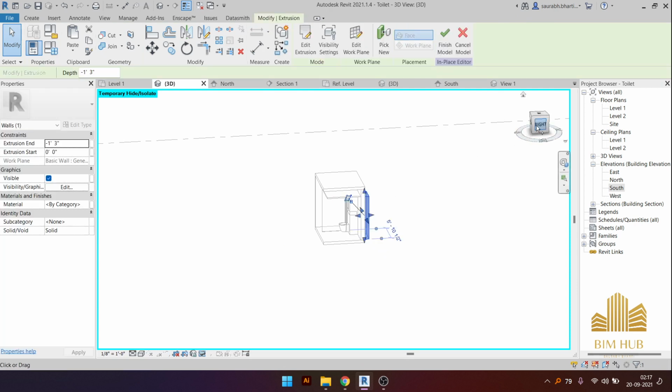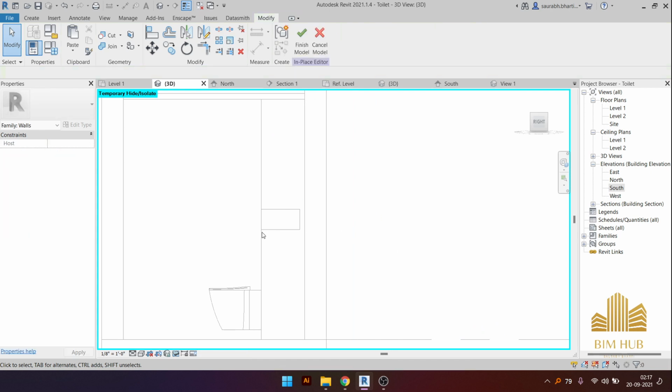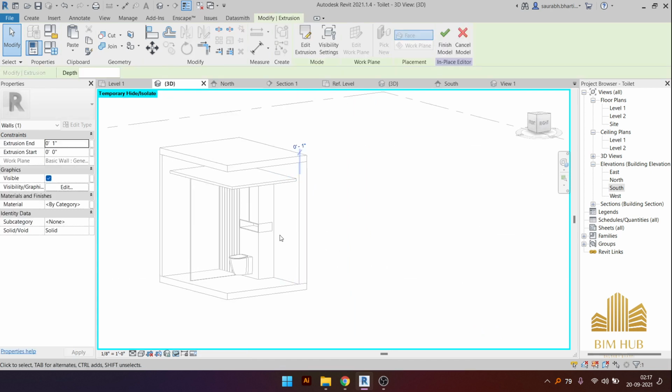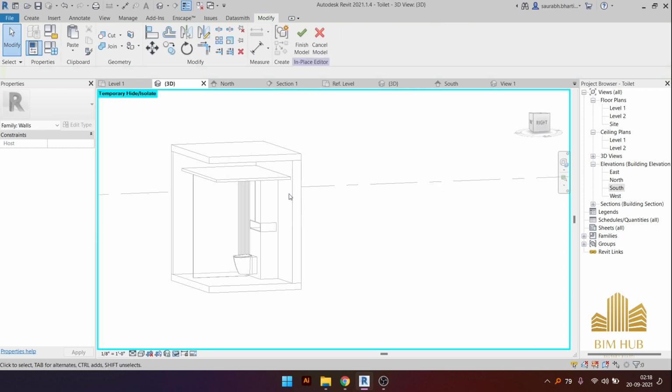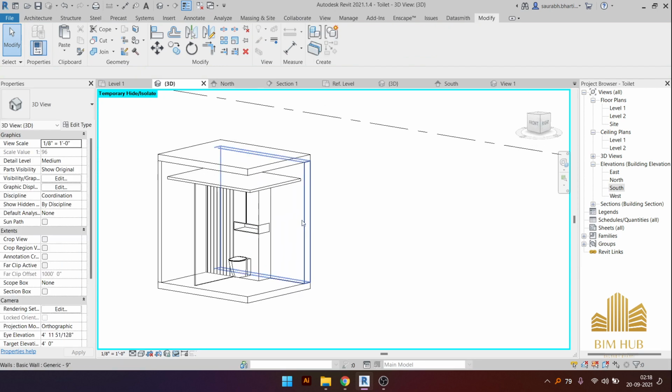And now extrusion start at 0 and end at 1 inches. Let's try this. So now we have an extrusion over here, 1 inches extrusion or maybe 2 inches. So our tile or marble is usually of 1 to 2 inches. Okay, it is actually of 2 inches size. So finish it, and now